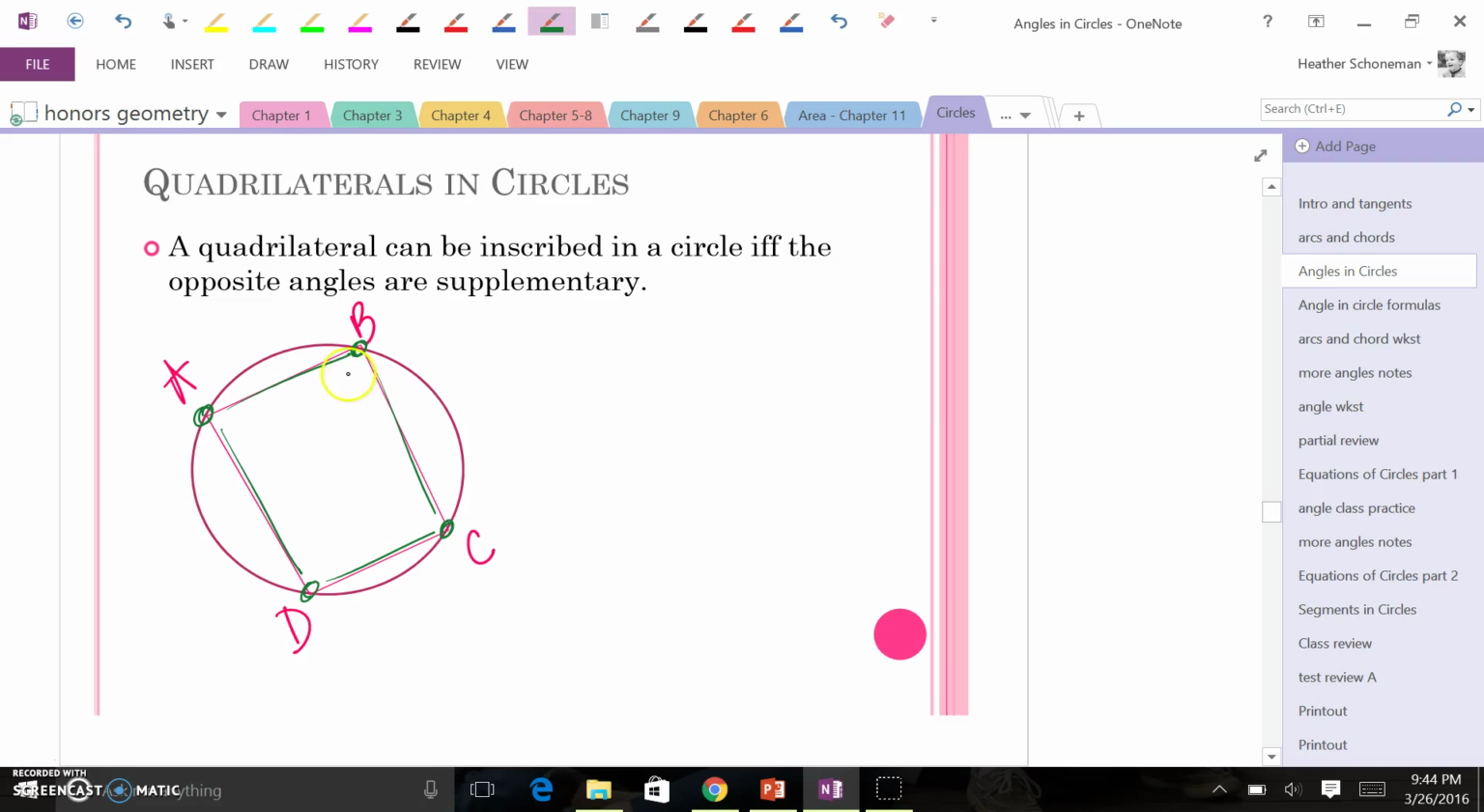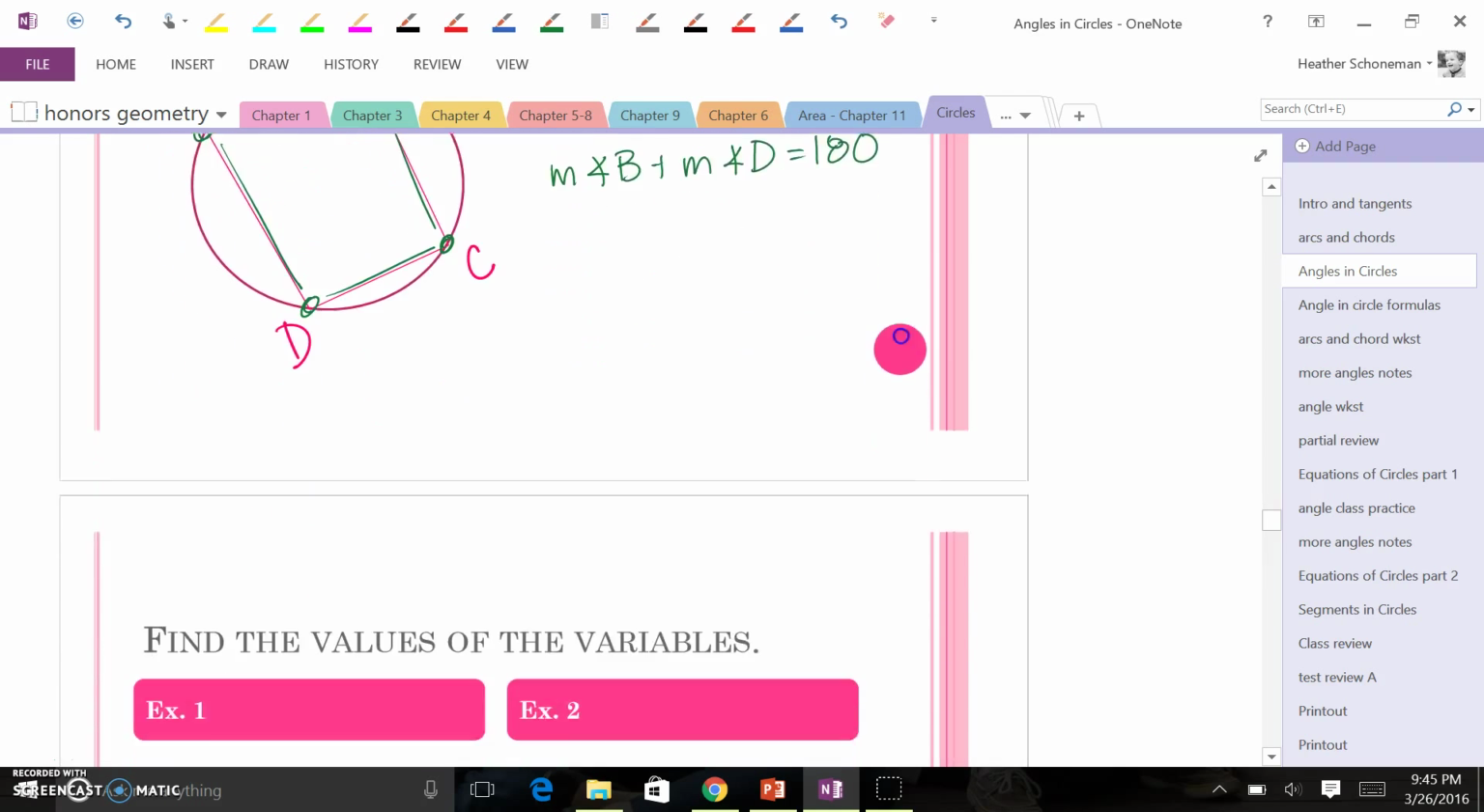Okay, and when that happens, the opposite angles are supplementary. So in this picture, the measure of angle A plus the measure of angle C is going to equal 180. Likewise, the measure of angle B plus the measure of angle D is going to equal 180. Alright, so let's